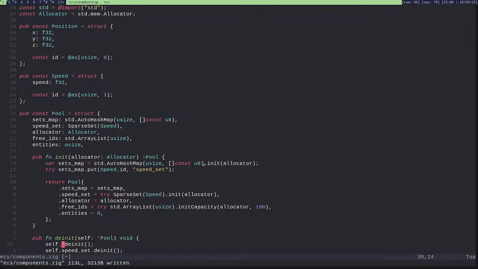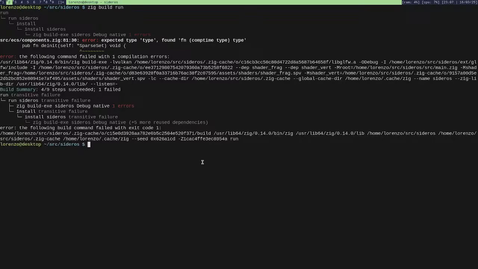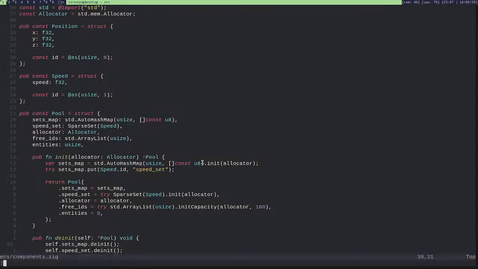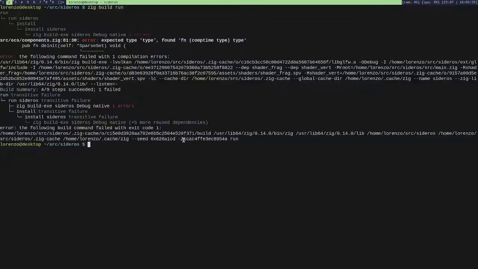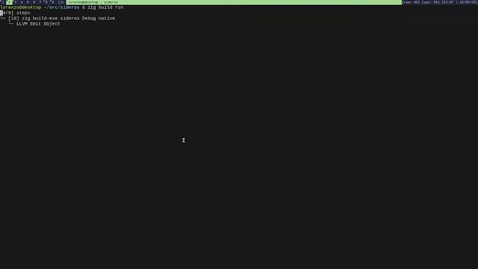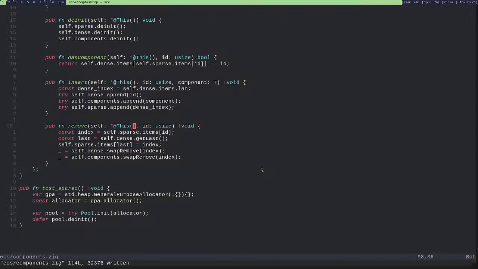And also sets map. This and this. Okay. It didn't complain, so now I want to create a new entity.